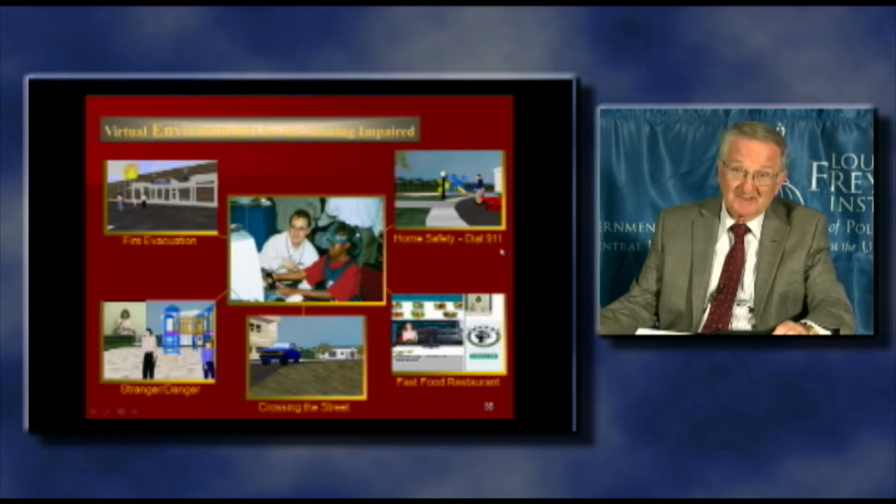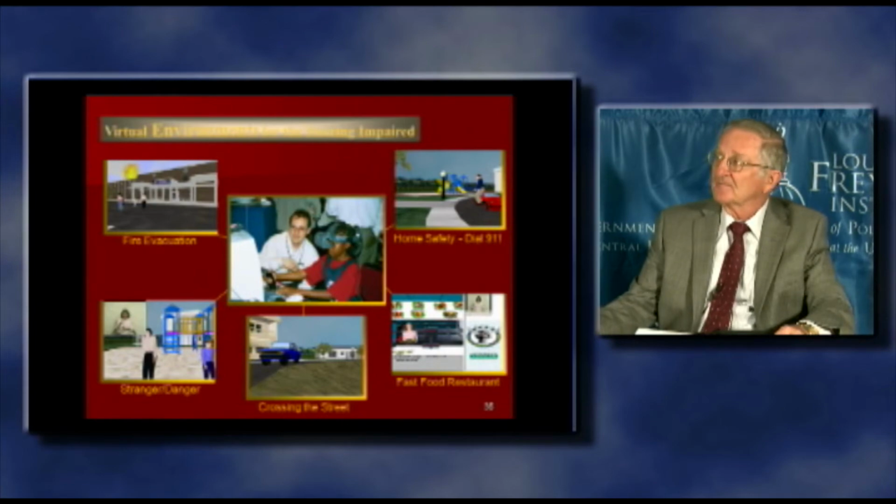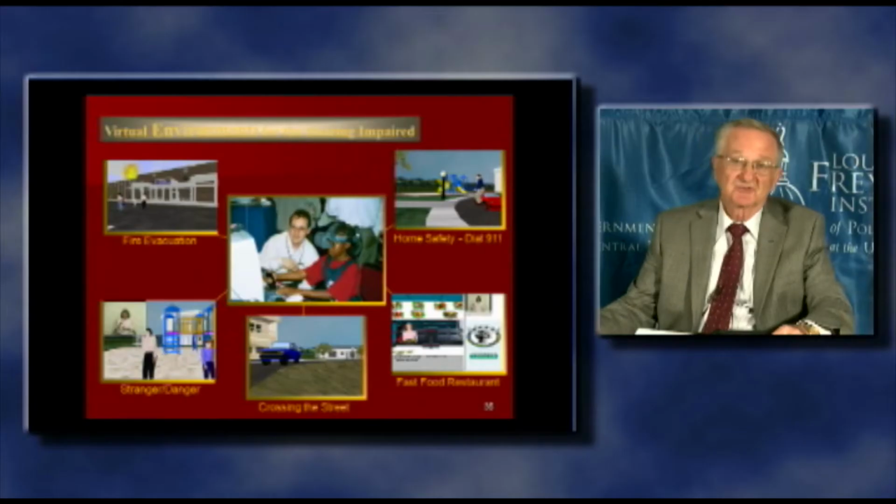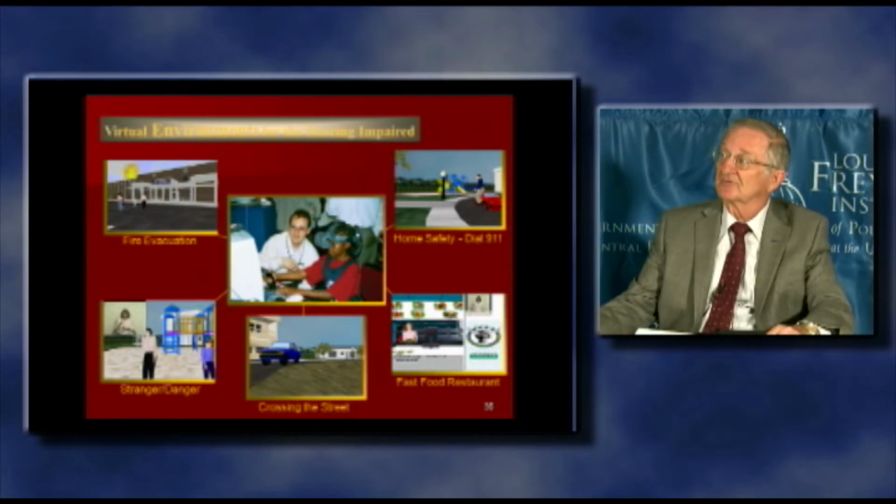One of the most enjoyable projects I had was dealing with deaf and hearing impaired children at a local elementary school. We found that the kids spent most of their time in class learning living skills, and the teachers didn't have time to get into math or reading, if you will. So we created a virtual environment to where they could practice crossing the street or exiting a building in case there was a fire, how to dial 911, danger stranger. We created a situation where an individual came on the schoolyard and they were taught to avoid that individual and report it to the teacher, all using simulation in a virtual world.